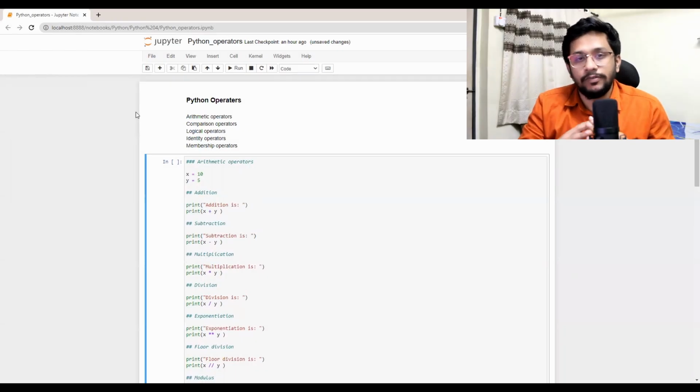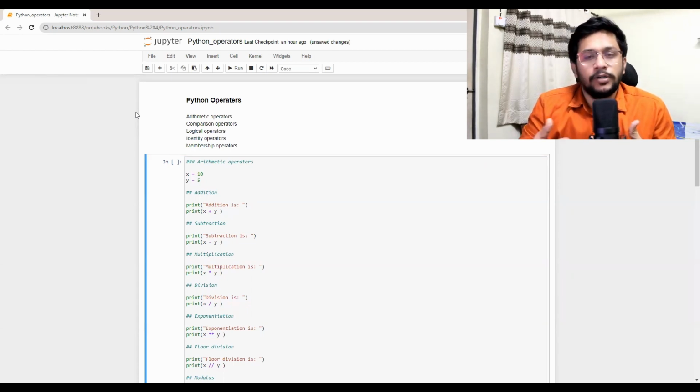Python operators are of different types. We broadly use 5 categories of them, which I have written on the screen. You can maybe read it out also, and I'll read it out for you. Arithmetic operator, comparison operator, logical operator, identity operator, and membership operators. So these are the 5 main groups that we frequently use. That's how we will learn about these operators. Then there is one assignment operator, that is nothing but an equal to, which assigns a value to a variable. So we'll learn that as well.